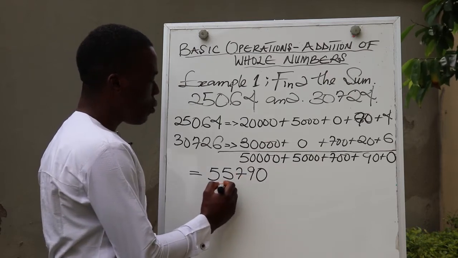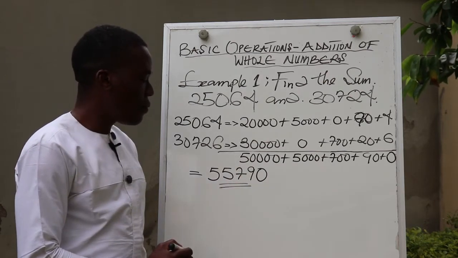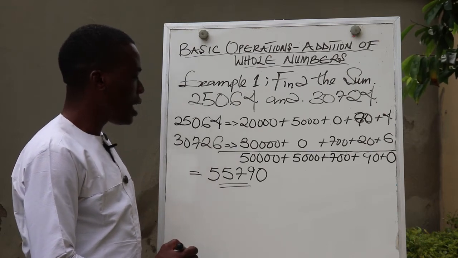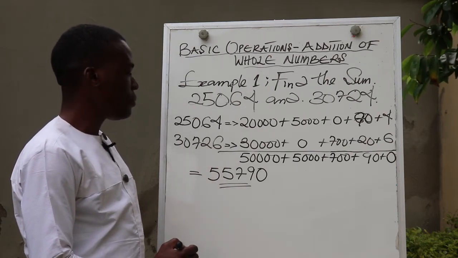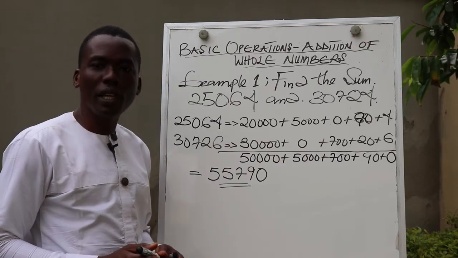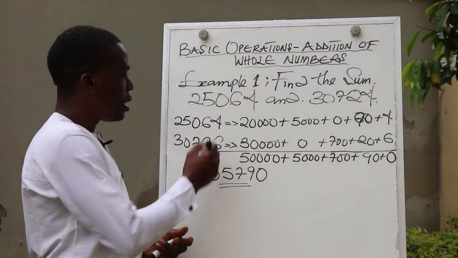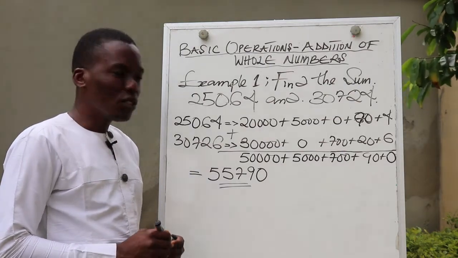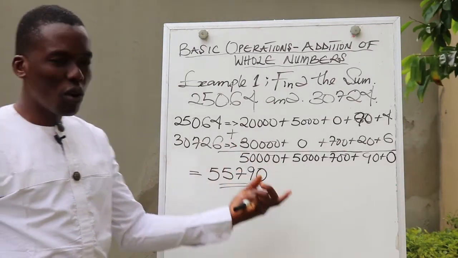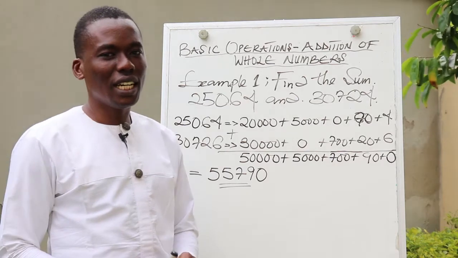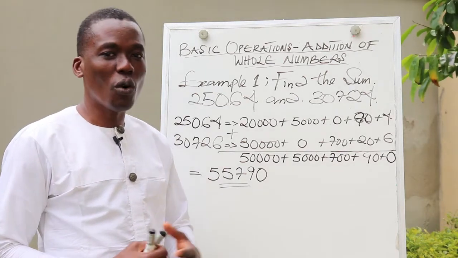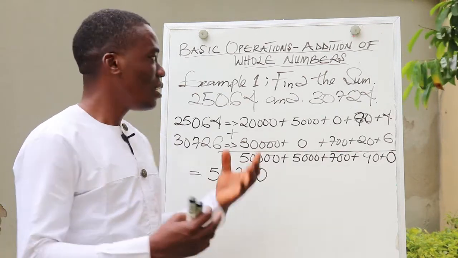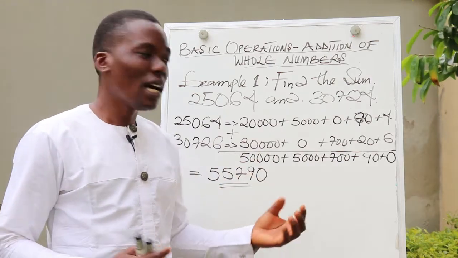So you see we are going to have 55790. That is the result of the addition of this number and this number. So this is how you go about solving questions on the addition of whole numbers using the digit form and